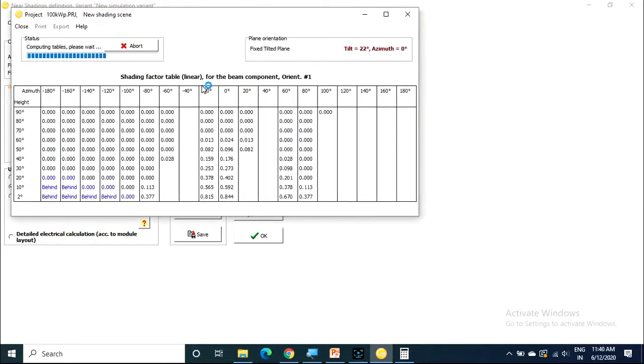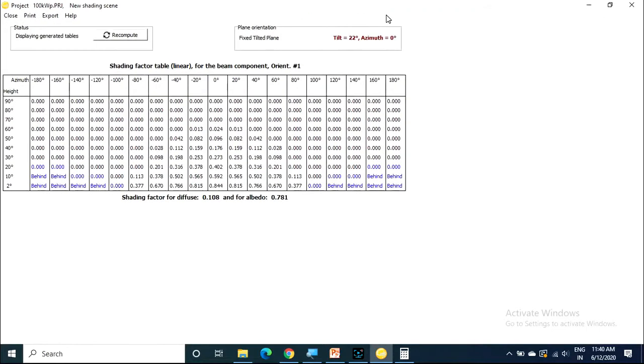You can click on the table and you can find out the shading losses. See in this table, this is the sun height position and this is the azimuth angle. Here you can see the sun position 2 degree, 10 degree and 20 degree. At these positions the sun panel is behind, and here also the sun panel is behind.